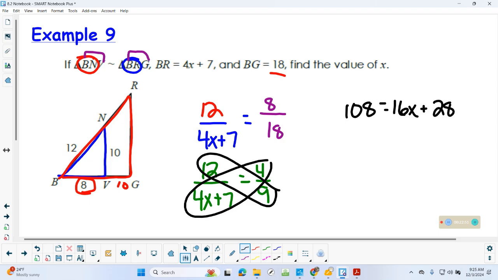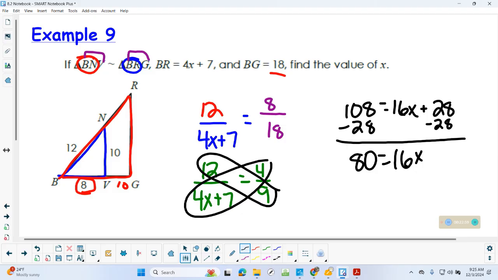Okay, take it from there. Let's subtract 28 over. You got it. What's 108 minus 28? Divide by 16. Final answer is 5. Got it. So easy, this is one of those things that's easy, but I think a little tricky because you have to look at those similarity statements and be matching up the correct sides, especially when they label everything, my friends, okay? So just be conscientious of that. This is why